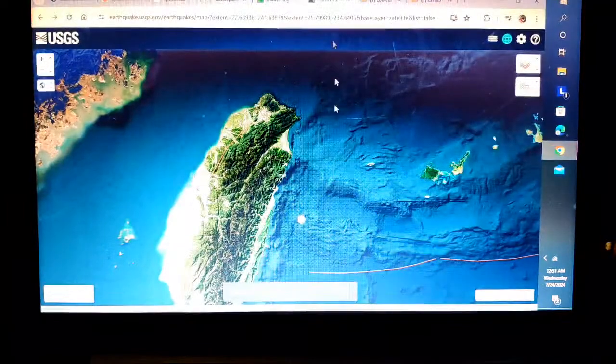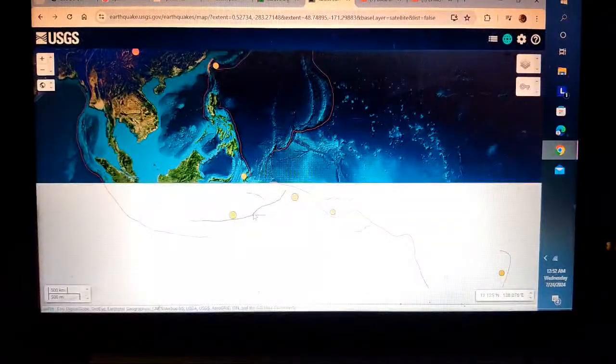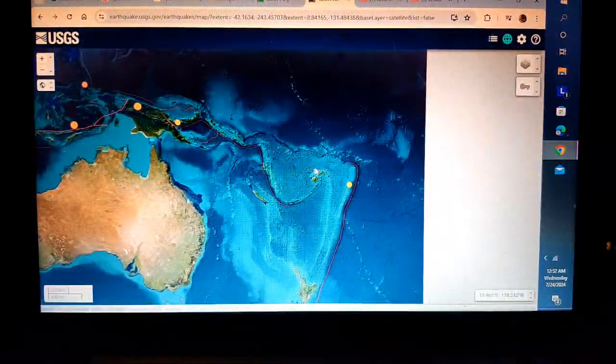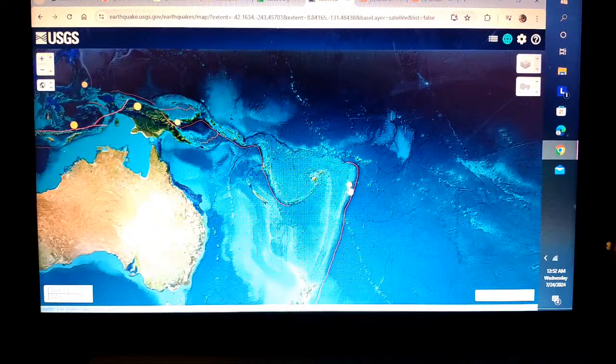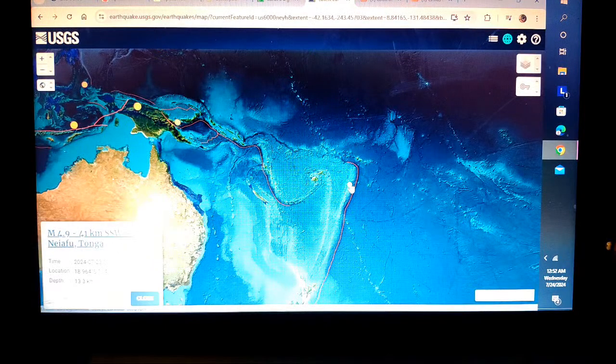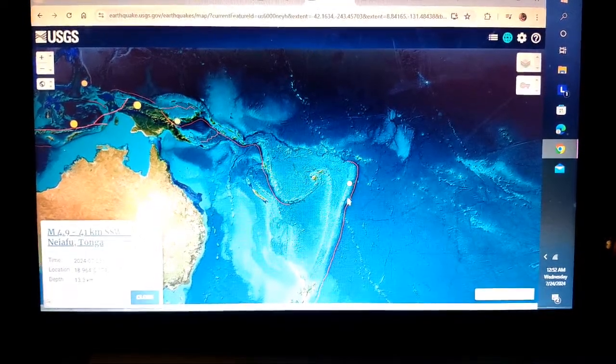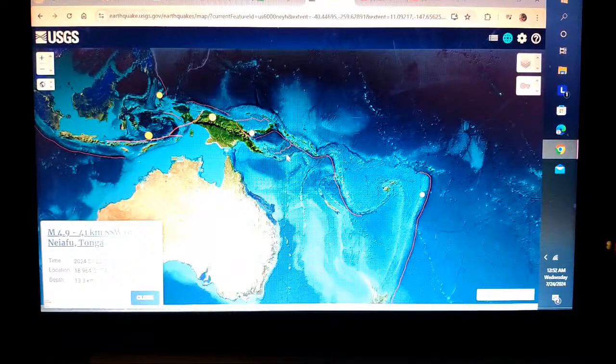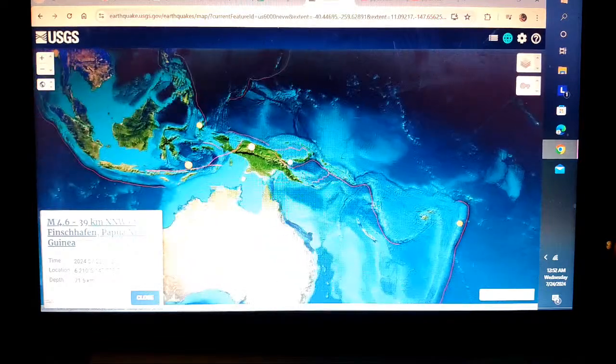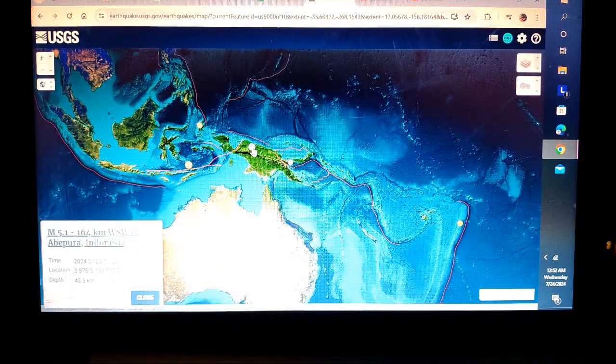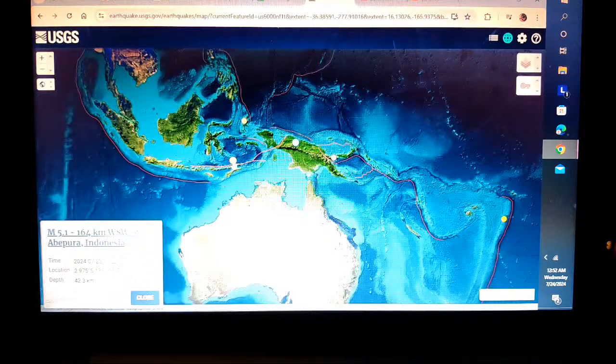Okay, now let's move on with our earthquake report, shall we? No deep quakes per se in our deep region. We do have this one here, a 5.0, 4.9, so 5 at the surface there. We have activity on this island finally here, 4.6 at 71, and then a 5.1 down at 42. We also have in this deeper region a 5.0 down at 525. So we had a deep quake here.